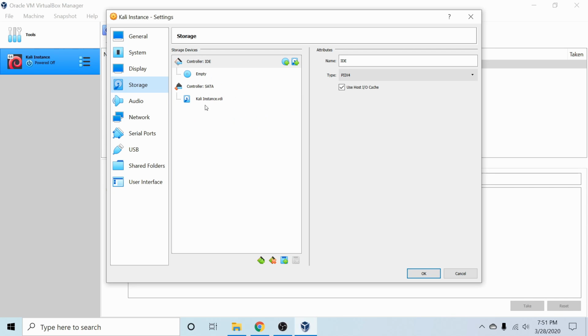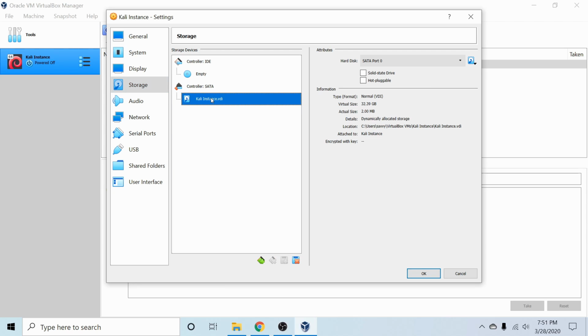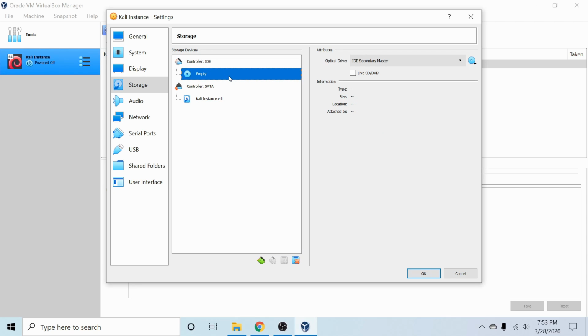But by default, you're going to have a SATA controller with a hard disk. And the other important one is this controller IDE with an empty disk right now. So it says there's no disk image file selected. So why is this important? It's because this is where you get to select ISOs or images in order to go ahead and install them on the virtual machine. So we do have one that we want to install, so we can go ahead and